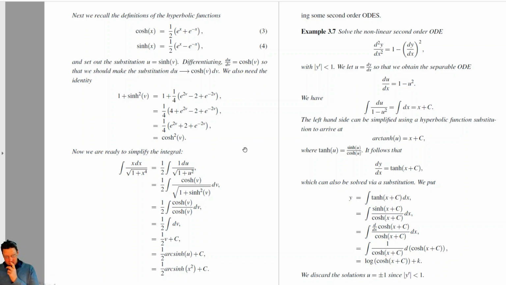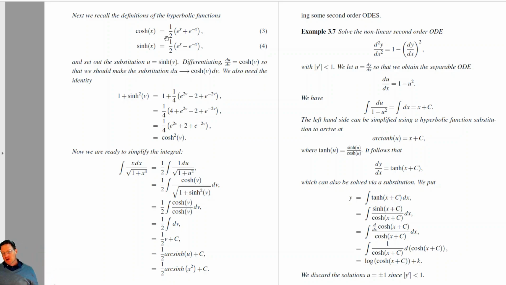Okay, now we're ready to simplify the integral. We've already replaced x over square root of 1 plus x to the 4th with 1/2 times 1 over square root of 1 plus u squared. Now we're going to replace the u with sinh of v, and we also replace the du with cosh of v dv. So we get cosh of v in the numerator. We get the square root of 1 plus sinh squared in the denominator,